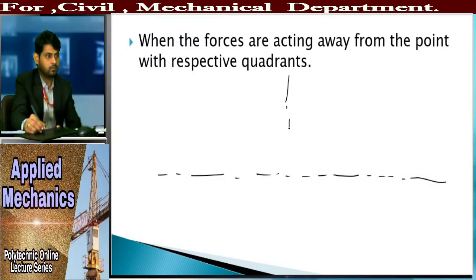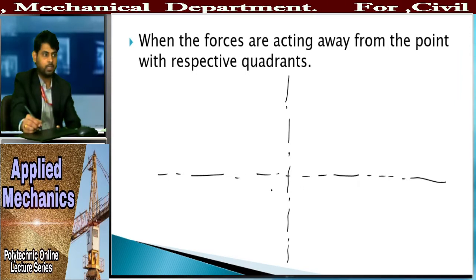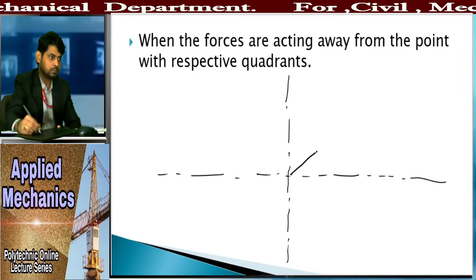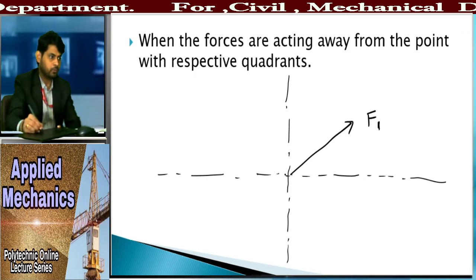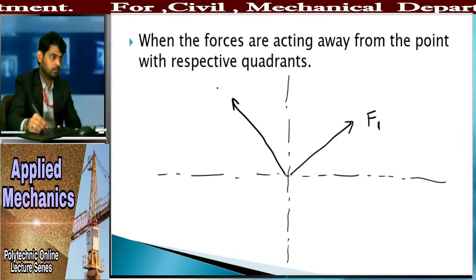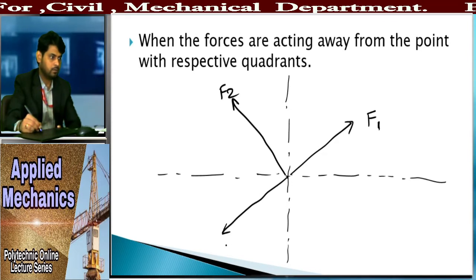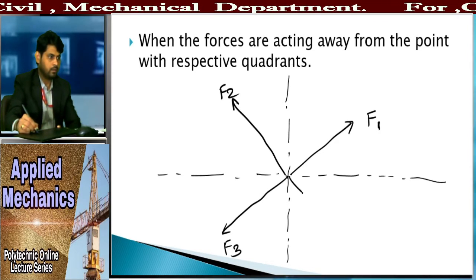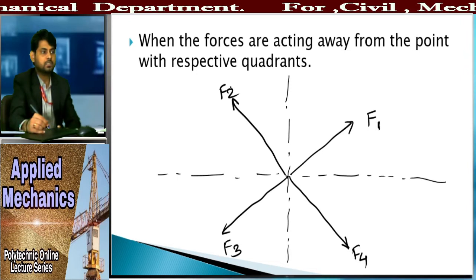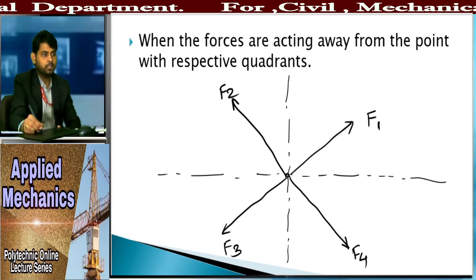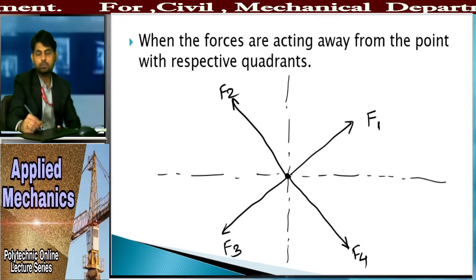You see here, this is the vertical axis and this is the horizontal axis. Now we have a force F1 here, after that F2 here, then F3 here and F4 here. So now see here, all these forces are away from the point. This is our point and this force goes away from the point. F2 goes away from the point, F3 goes away from the point, and F4 also goes away